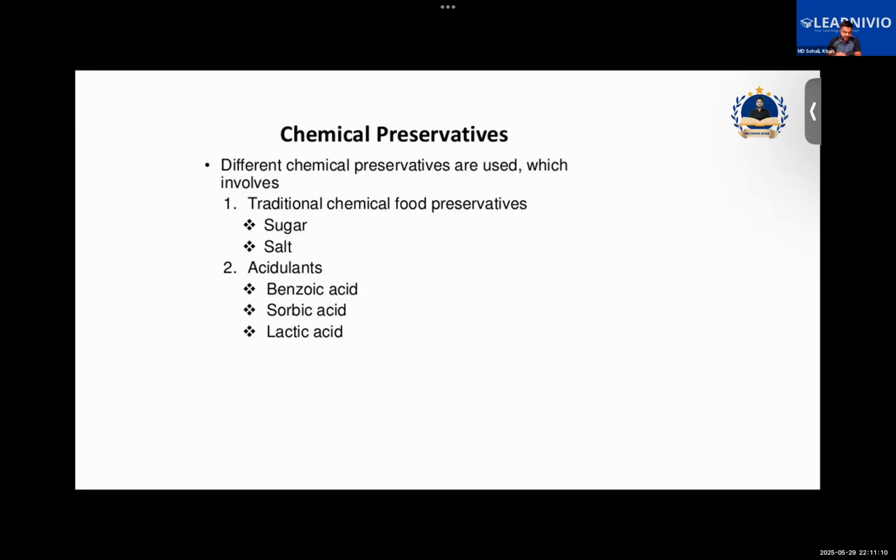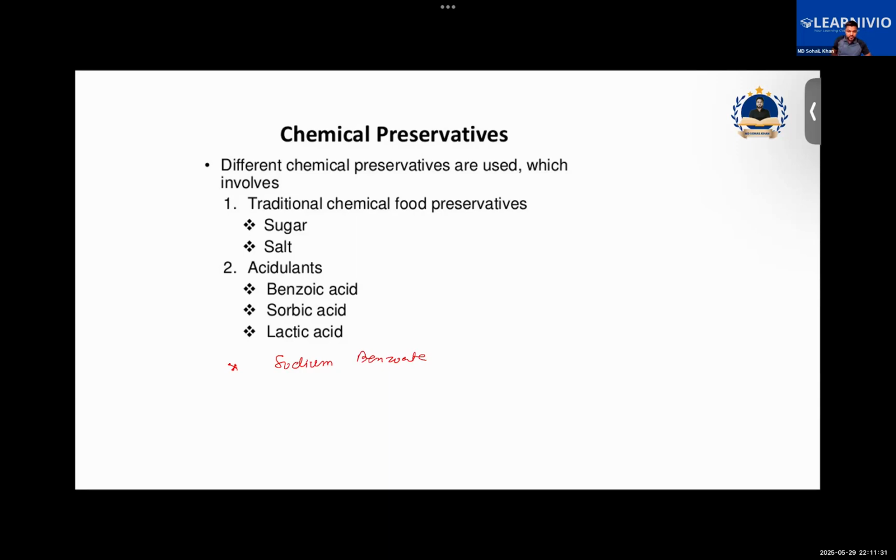We have examples like benzoic acid, sorbic acid, and lactic acid, which can also be added to the food. Other than that, we have chemicals like sodium benzoate,